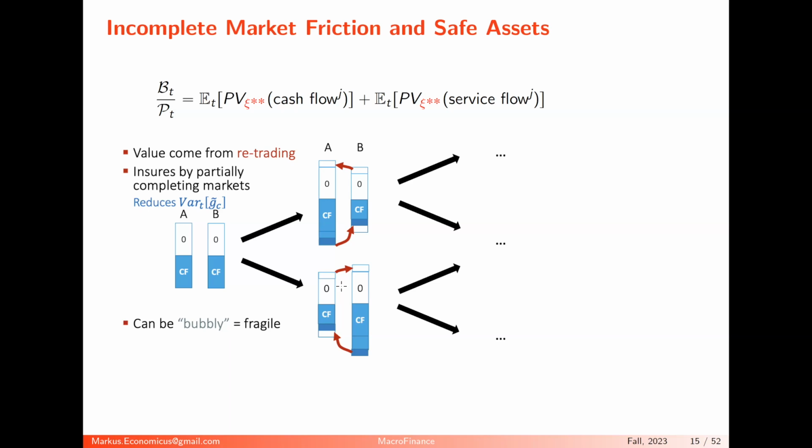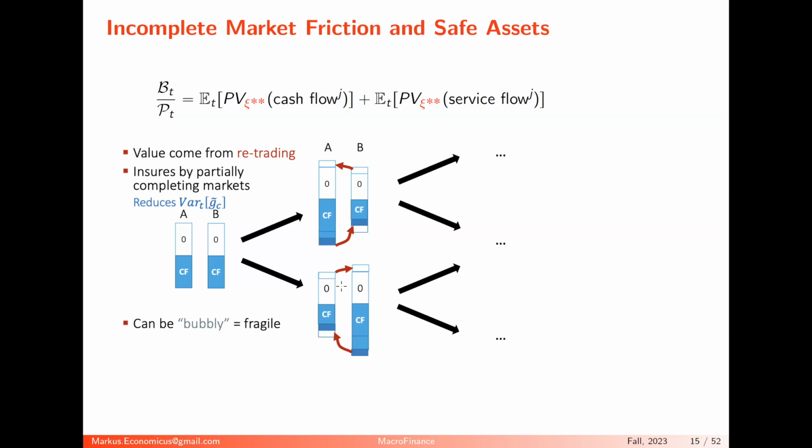But importantly, the two important things: the pure existence of these pieces of paper, even though they don't pay any cash flows, has value because it helps us to overcome the incomplete market friction. And that will be very critical in this framework. Think of money, green pieces of paper. If it has positive value, it helps us to overcome this. But there's another equilibrium. If it has zero value, then we don't accept this money, and then it's also worth zero. It's a second equilibrium, a non-monetary, non-bubbly equilibrium.